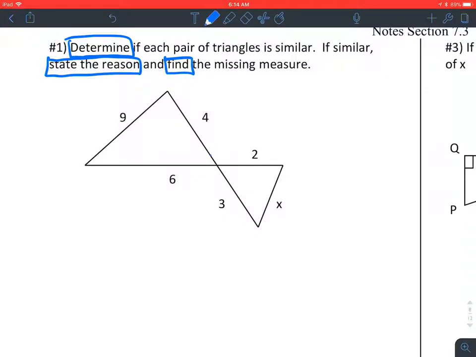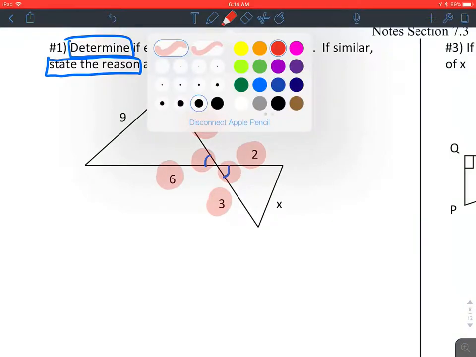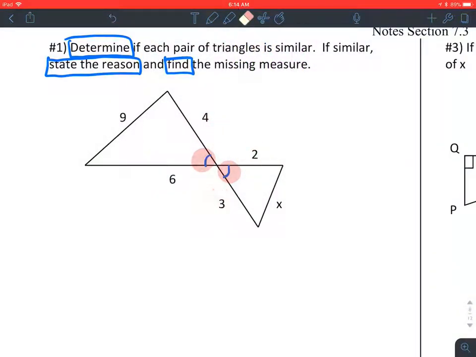Vertical angle theorem says they're congruent. There is no way for us to know anything about these angles, so we can't use the angle-angle similarity. Since we have two sides and included angle in each of these triangles, we can try and see if we can use the side-angle-side similarity. For the side-angle-side similarity to work,